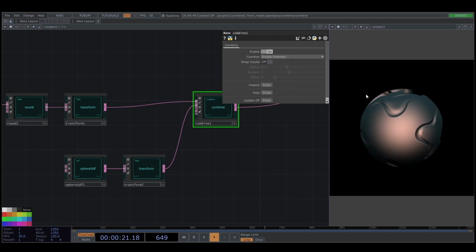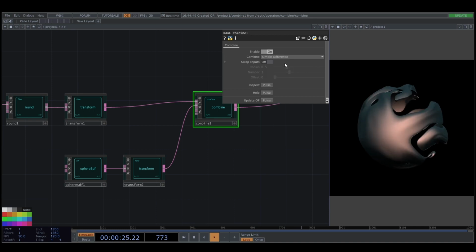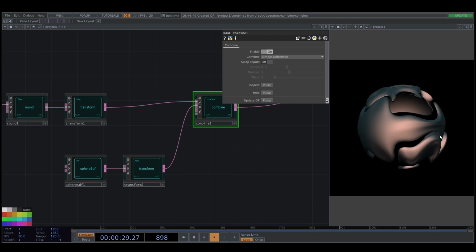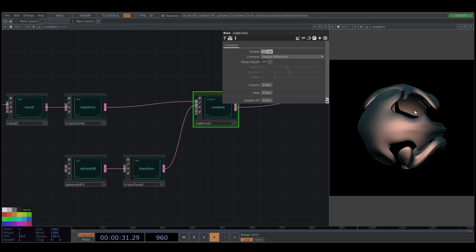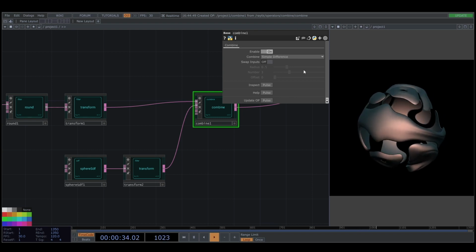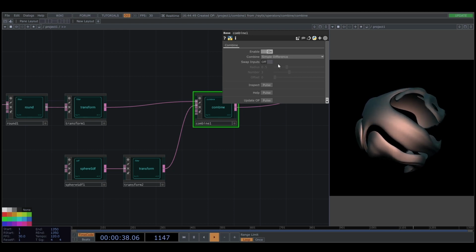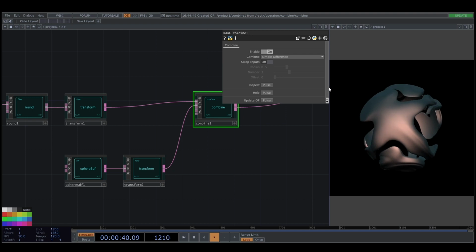This is intersection, so it goes under different. So this is cool. We create a shape and inside is empty. So yeah, you can play with this a lot because you can have different